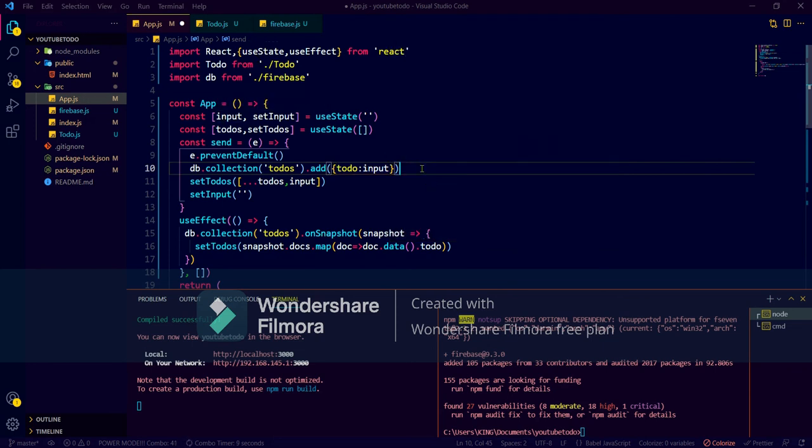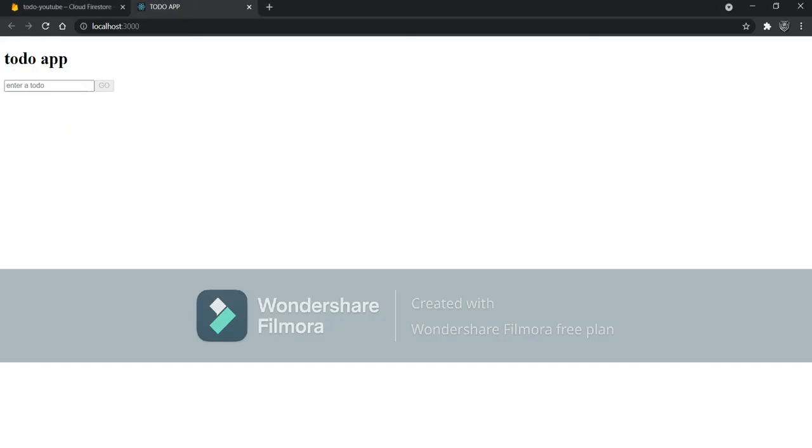Now if I save here and go back to our browser, once I write here and then refresh, we will see that the value will not go, because we have actually connected with the database. It is so simple. Now let's test it. If I write here React is amazing and just press go, and now if I refresh it, see, it is not going.